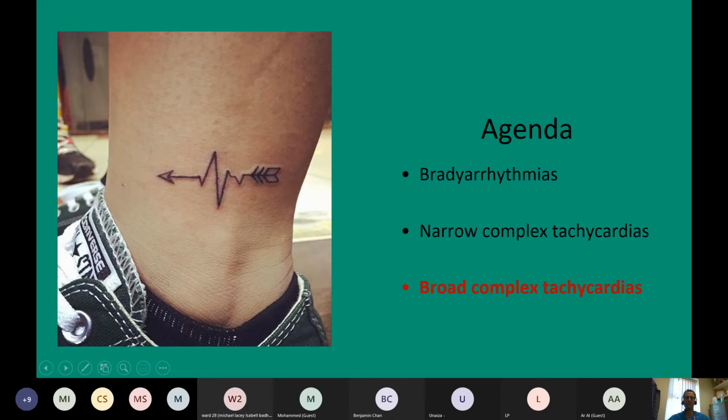Yes, so it's a very wise statement, Emmanuel. So investigate all as probable VT initially. You won't go wrong if you treat it as VT. You will go wrong if you treat a VT as an SVT. The answer is, it will depend enormously on the cohort of patients that you look at, but the answer that I'm looking for is about 80%. And it's to illustrate the point Emmanuel has just made. So really, if you see a broad complex tachycardia, you have to have a very good reason to not call